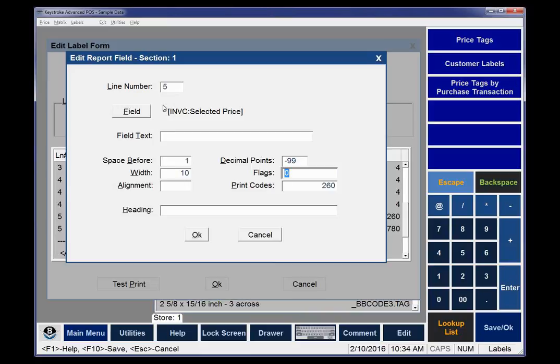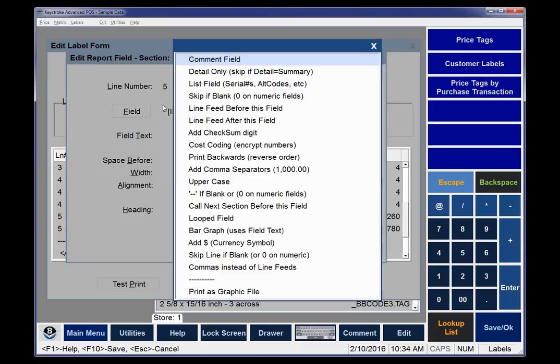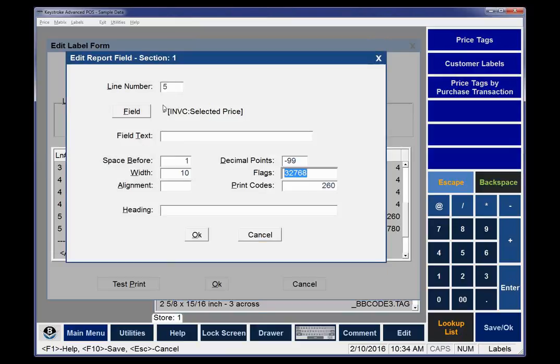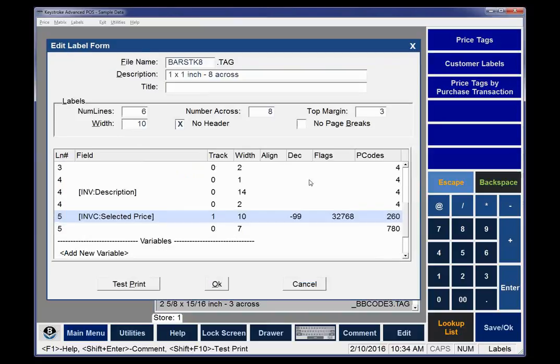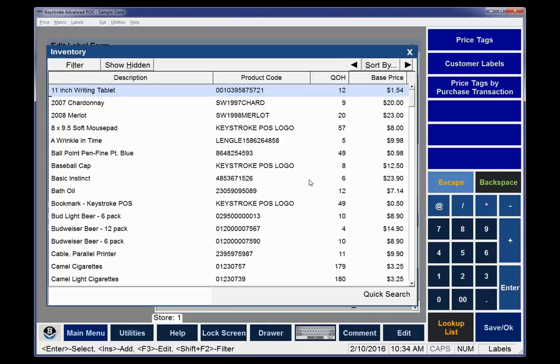We have some field flags I'm going to use here. I'm going to add the currency symbol. A lot of people spend a lot of time just typing in that one currency symbol and then it skews everything over. But if I add this in, then this entire field includes the actual currency symbol, and that can change if you're not in the United States too. So I'm going to hit F10, Shift F10 here, brings up the list,